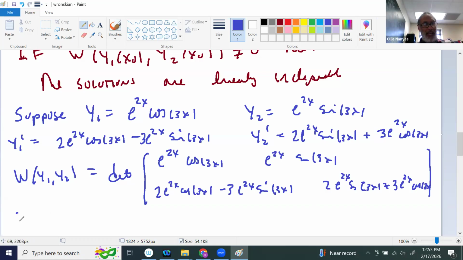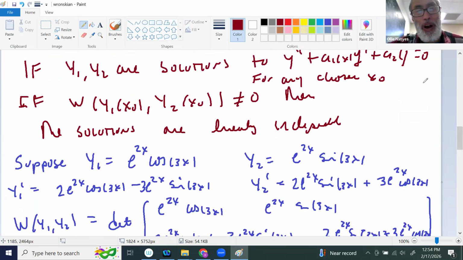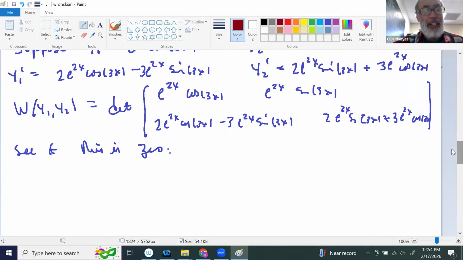We would see if this is 0. But as you can see, that's a kind of messy thing, right? But with the second result saying that the Wronskian's either 0 for all x or 0 for no x, instead,